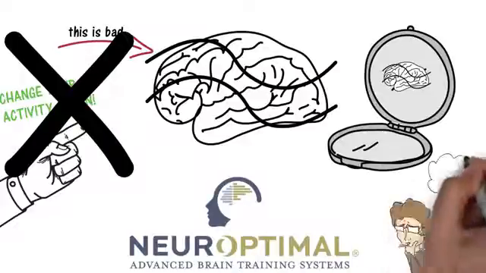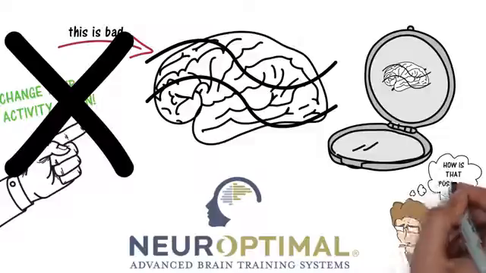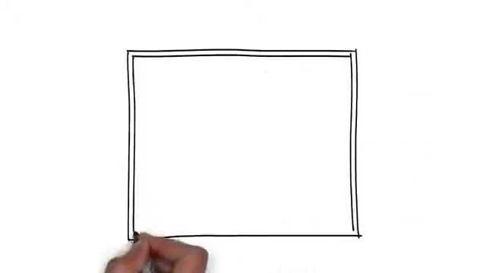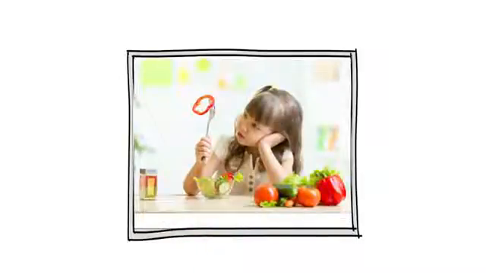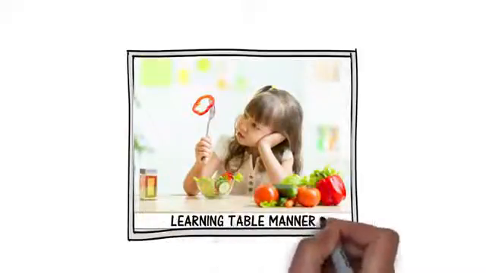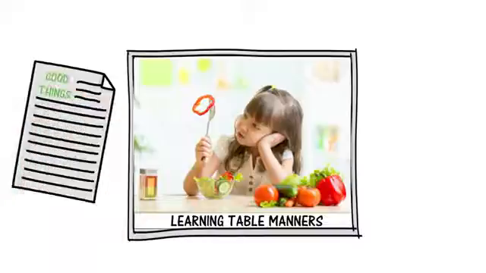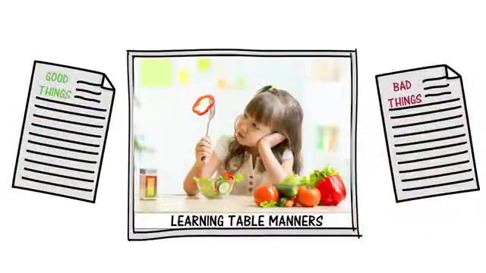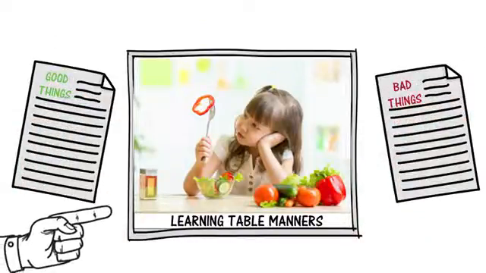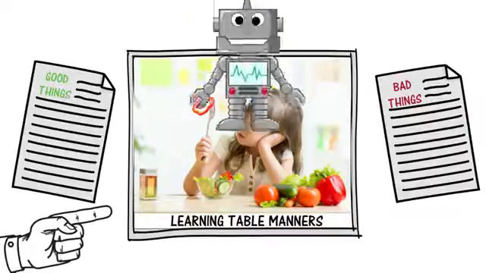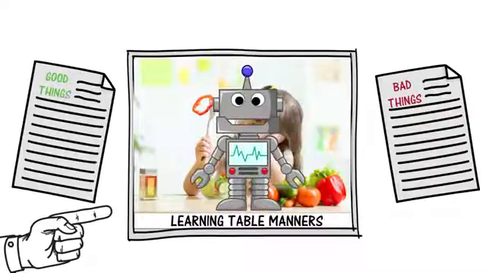It may be hard to believe that simply mirroring like that can produce change, so it's time for another little analogy. Suppose you're trying to teach your child to have good table manners. You could make a list of good and bad behaviors and comment every time she does something right or wrong. But she may feel like a little robot, following your rules, but not particularly attached to them.